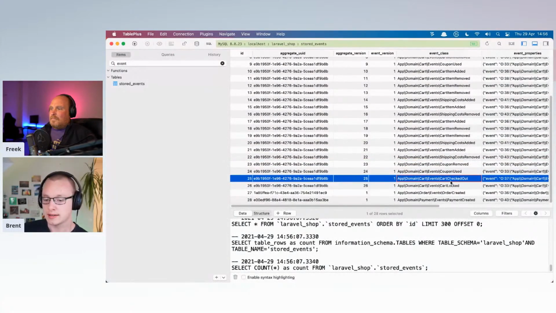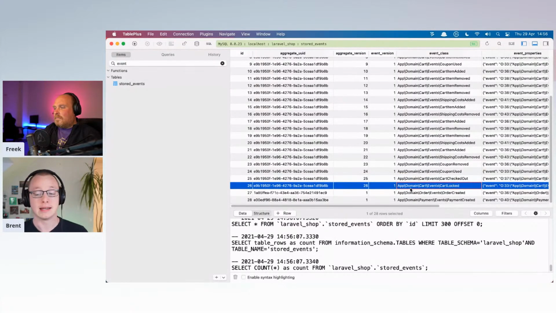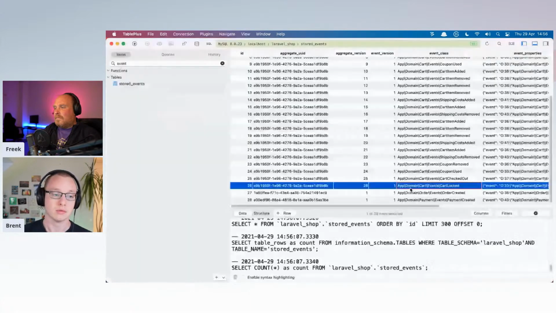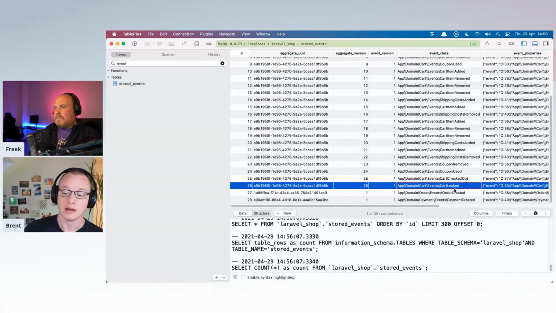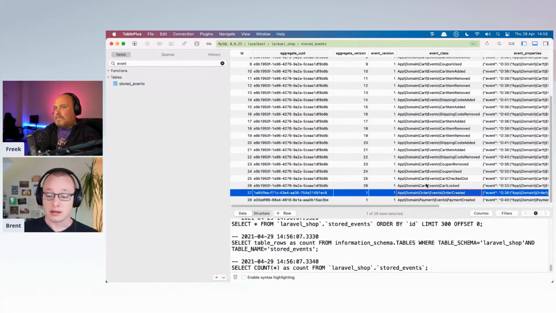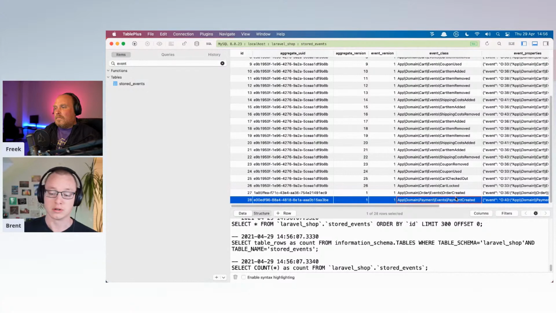We checked out a cart, which is basically a state change on the cart itself. We also locked it, meaning that carts cannot be altered anymore, which is rather important once you've checked out the cart. Likewise, an order was created, and with that order also a pending payment. And the payment is actually the thing you would make an integration with some kind of payment provider with.